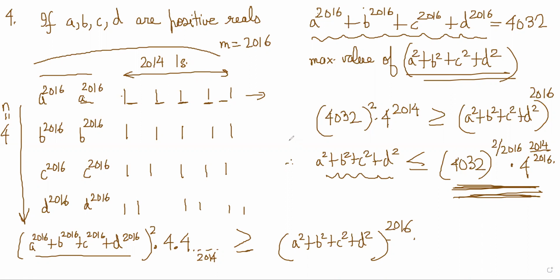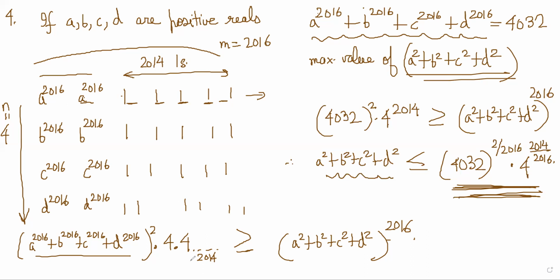So I hope you are understanding what we are doing. Like the way we are applying, you have to build a table of values, rows and columns. You have to take sum of the columns and product of those sums. And on the row side, what you have to do is product of all the terms in a row, mth root of that, and then sum up all those mth roots and raise that to the power m, right? So once you practice with a few questions, if you are having any doubts, you should pause the video, go back to the first example, start from there, and try to think yourself if you are able to apply Holder's there. And work through all of these examples.